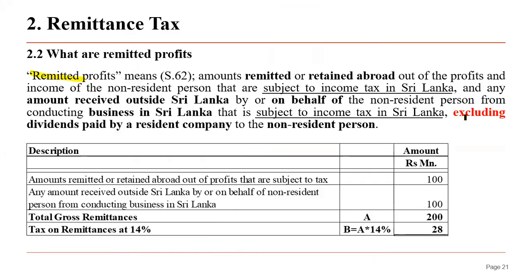Then remittance tax, it says excluding dividend paid by a resident company to a non-resident, right? Excluding that part. Excluding dividend paid by a resident company to a non-resident person. Then other things also you need to consider. The remitted profit means amount remitted or retained abroad. That means